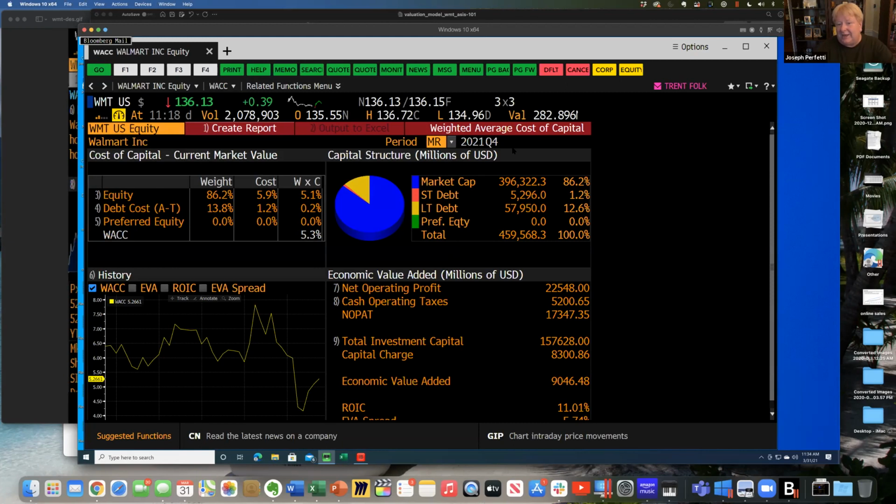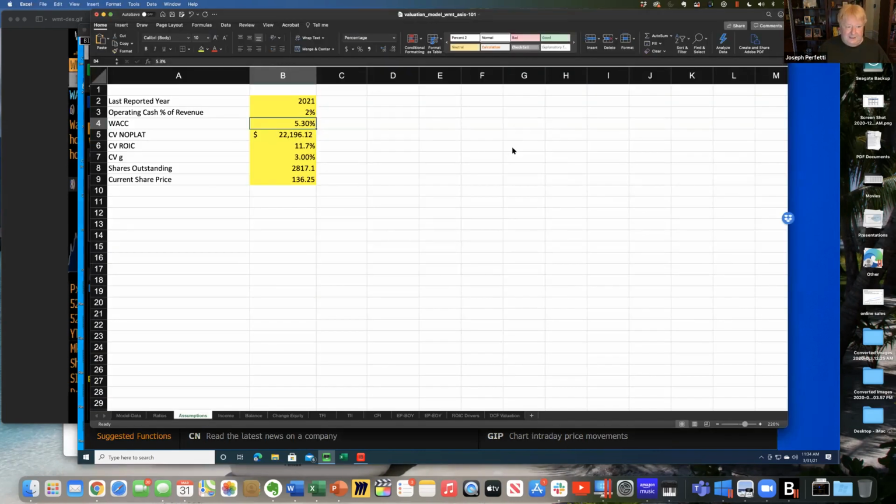The second screenshot you're going to need for any company that you value is the WACC, because we need the WACC at the time of the valuation, which obviously can change as interest rates and days change. Today it's 5.3%, which drives the current share price. For the second screenshot, I don't have to change my data because I had it on there. Now, the third thing I'm going to need is